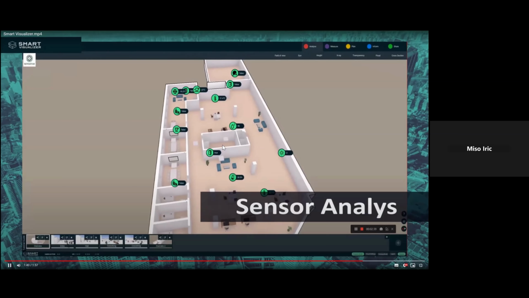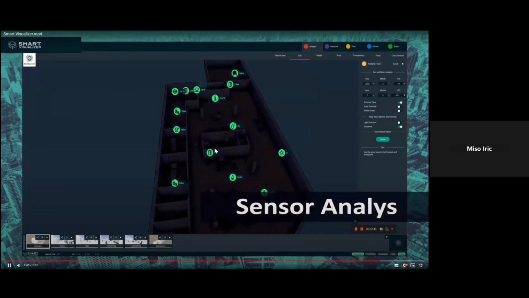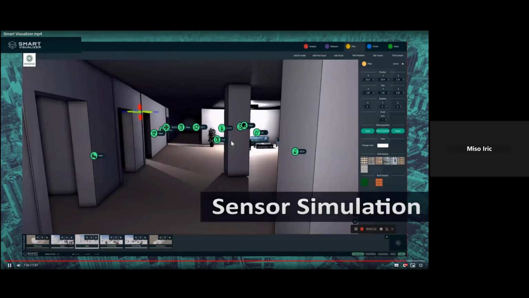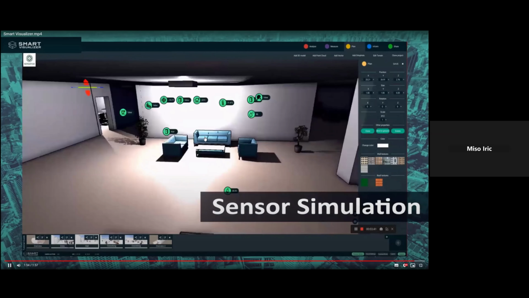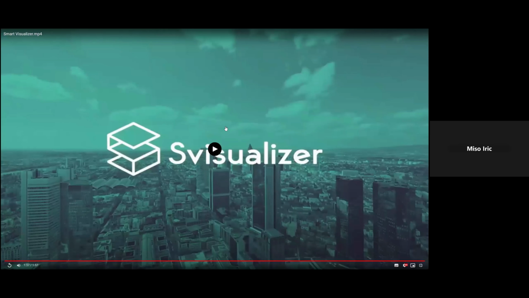Here is also one example using real sensors and the real position of those sensors in the working space of the Sensitive office. As I said, we are able to visualize and stream sensor data and values, but it is also possible to connect to real hardware and remotely control it, for example lights or a coffee machine or opening and closing doors and so on.